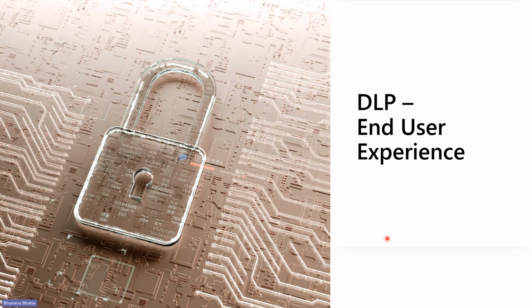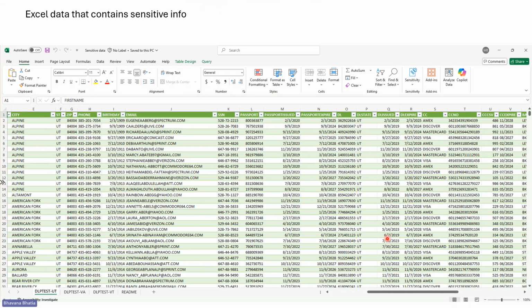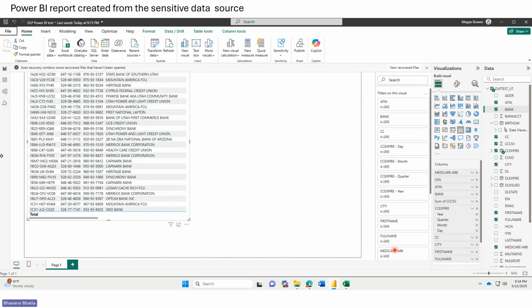All right, I showed you the administrator experience. Now let me show you the end user experience of DLP in Power BI. I have an Excel spreadsheet here that contains sensitive information like credit card numbers, social security numbers, etc. Now my end user